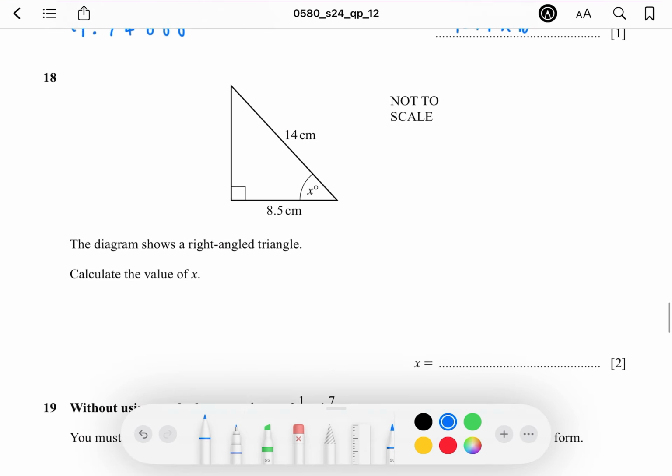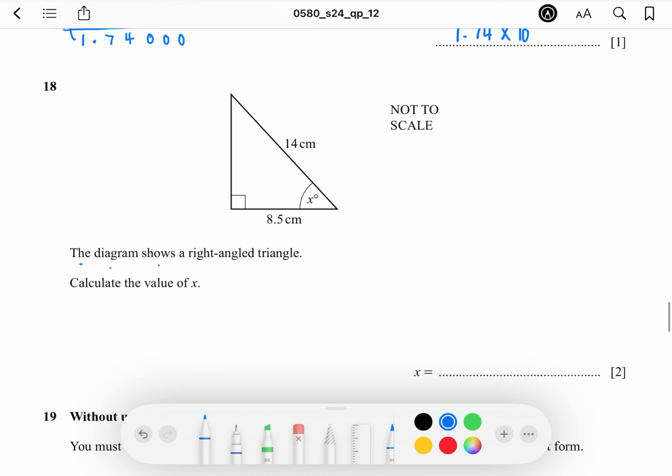Question 18, the diagram shows a right angle triangle. Calculate the value of x. X is an angle, and then you are given this one, so you have to either use your Pythagoras theorem, or you use